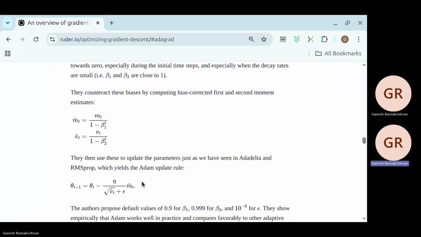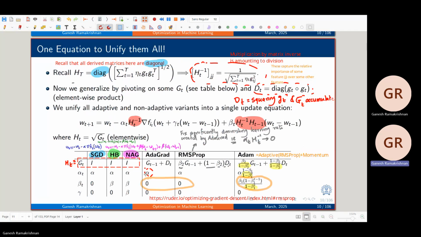Why don't we look at the slides? That should be better, and the dimensions match there. I think the dimensions are all perfectly written here, right? So alpha t into Ht inverse times the gradient. Diagonal matrix, yes. Yeah, this matches. So go by this. That was just to show you the motivation. Blogs are not written with so much notational rigor. The spirit is all correct, but